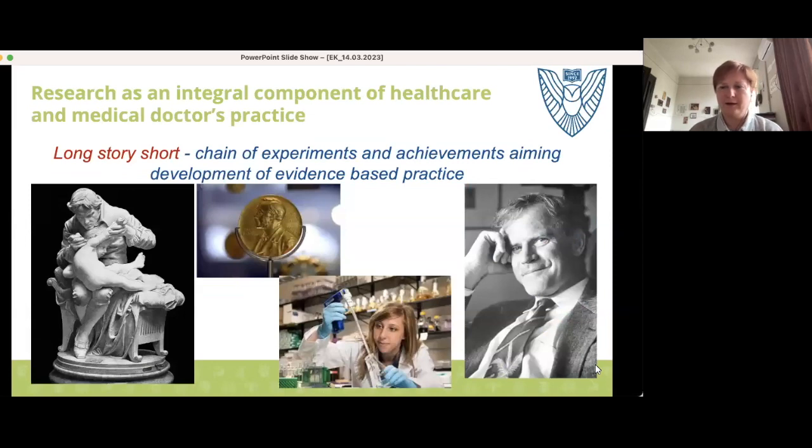Okay, and here comes the research and its importance. Today, all of us agree and declare that evidence is of utmost importance, and we even consider evidence-based medicine. Evidence and its source is, of course, research, but today we know that without research, it would not be possible to generate the vaccines. We have the Nobel Prize, which is given in physiology and medicine.